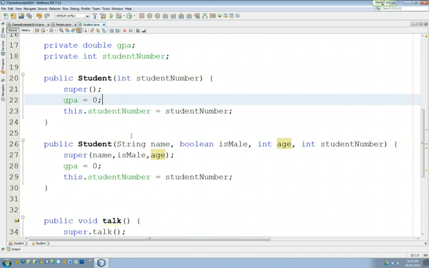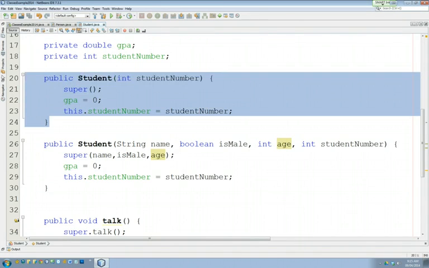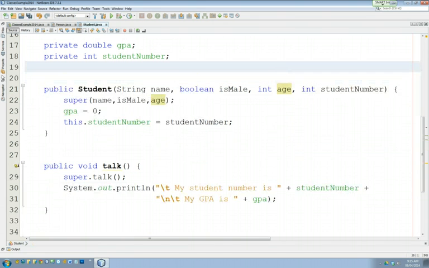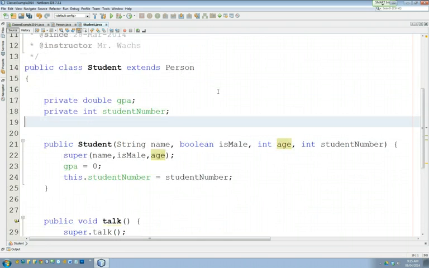Now, you might be thinking to yourself, I don't even need this one. I don't think I'm ever going to just build a generic student with a student number. There's nobody registered in this school that's just called student. So I actually think I'm going to delete this constructor. And now you can think from a design perspective. As a builder of a class, you can build constructors that are specific to your needs. And if you don't want to have them be able to construct things generically, then don't give them that